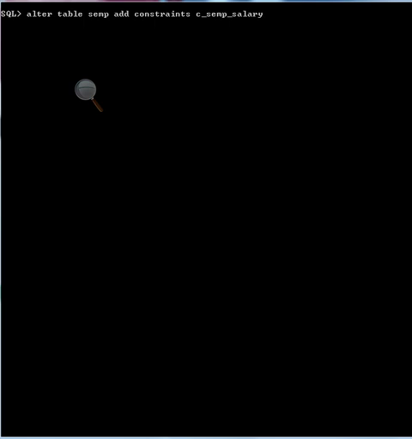So alter table SEMP add constraint, this is the name of the constraint. I want to apply check. What check? Inside brackets, salary should be greater than 30,000.